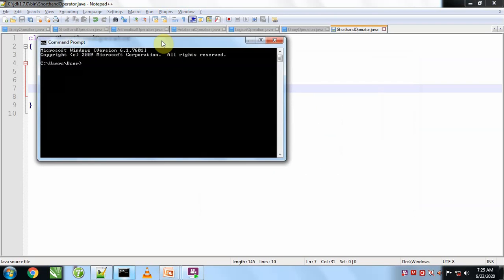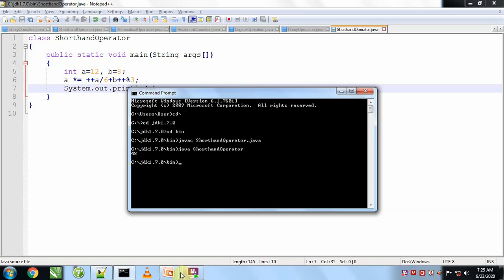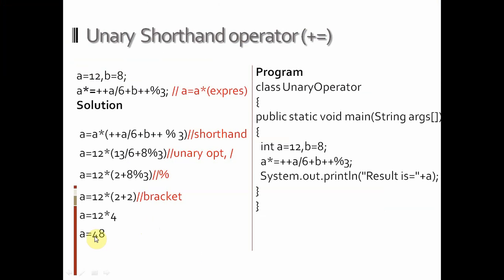Now we will open the command prompt, go to the root drive, cd jdk, cd bin, and run java ShorthandOperator. The output is 48, which matches this value. So we have solved this problem correctly.